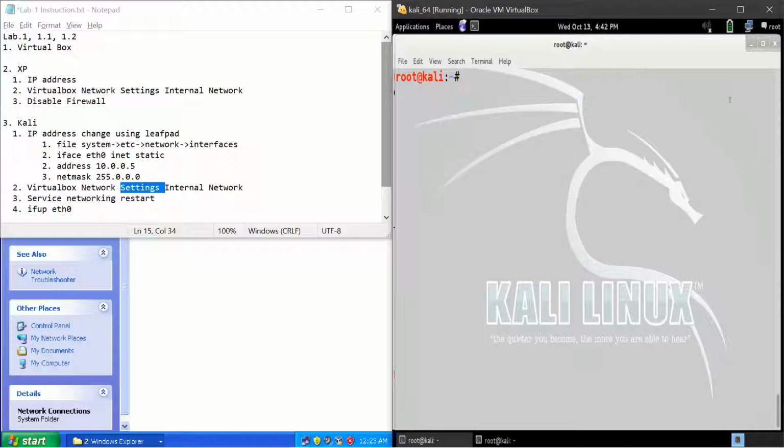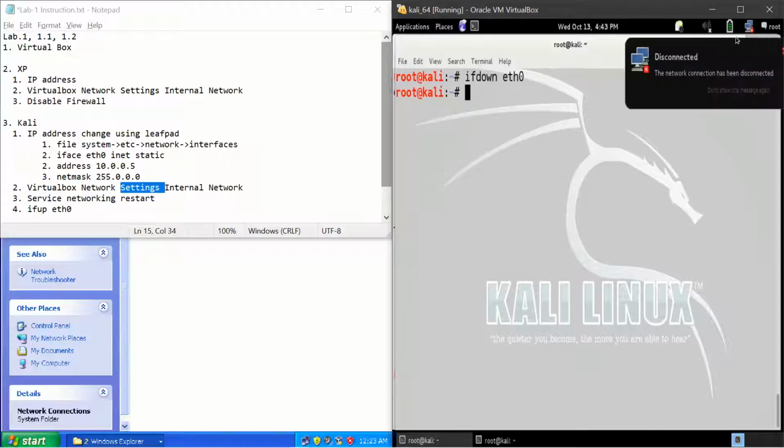There is one more command I have written there. In case your network icon is not enabled, in the top right corner, for example, if I write ifdown eth0, then the icon becomes red, like the network icon in XP.